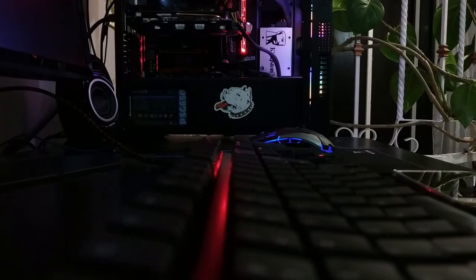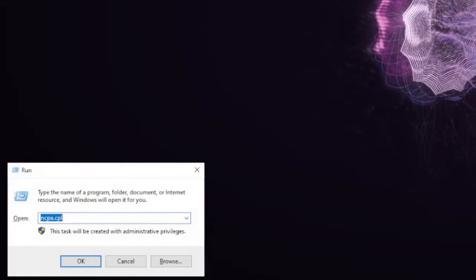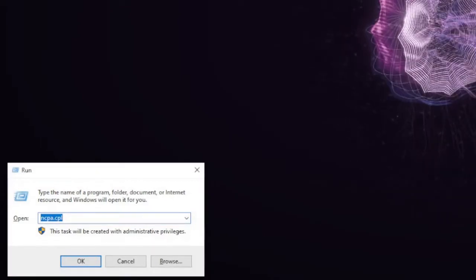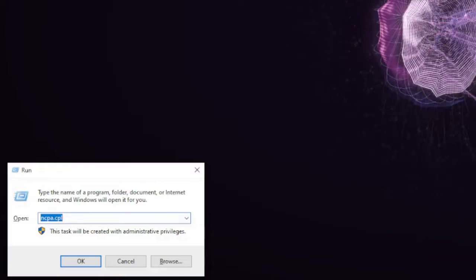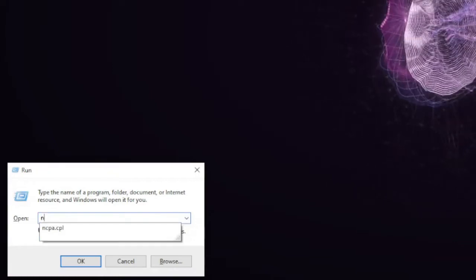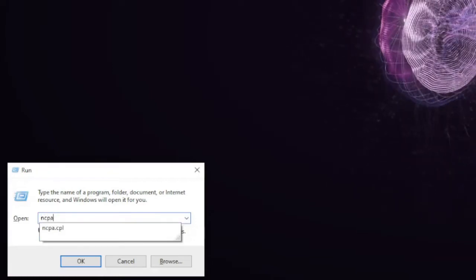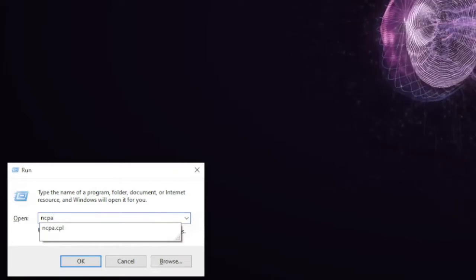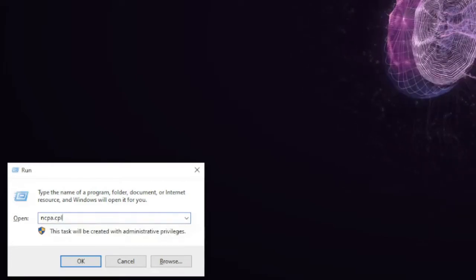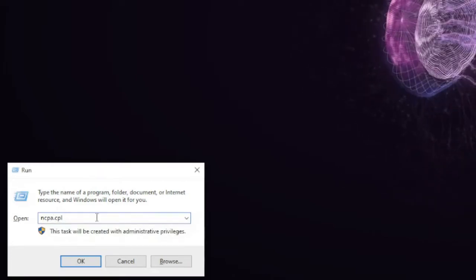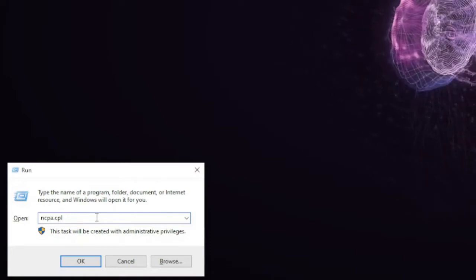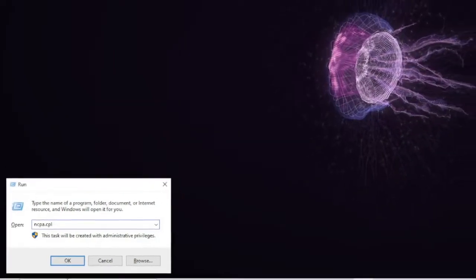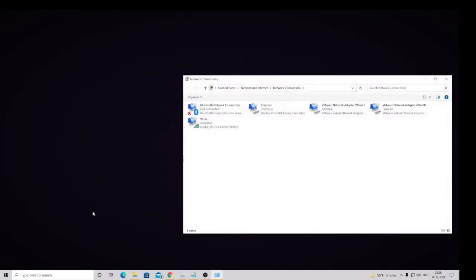Press the Windows and R keys together to bring up the Run box, and in the Run box type ncpa.cpl. This is a command to bring up the network properties of your connection on Windows. Once done, click on OK.